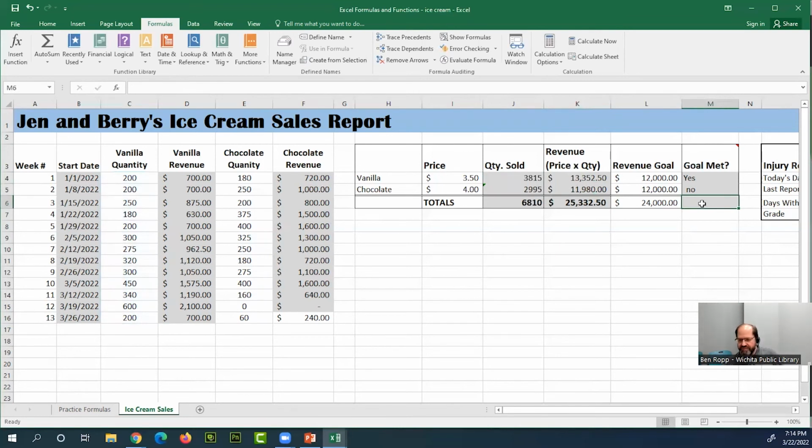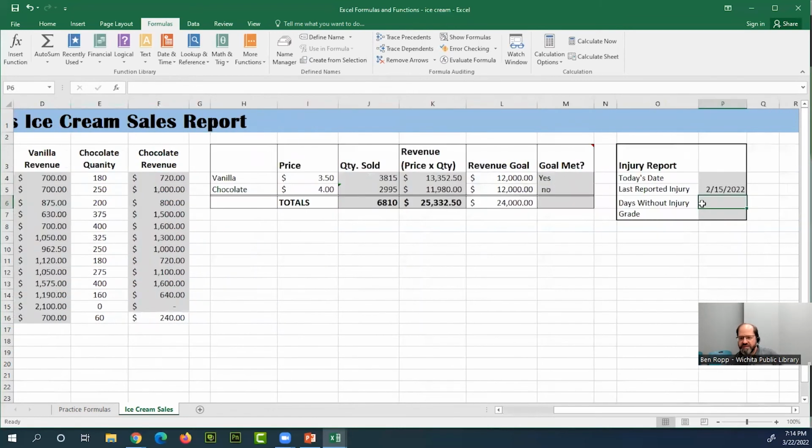Okay, we've got 15 minutes left. And I want to demonstrate one more function. Actually, two more. The first one is a function for today's date. And then the other function we want to say,